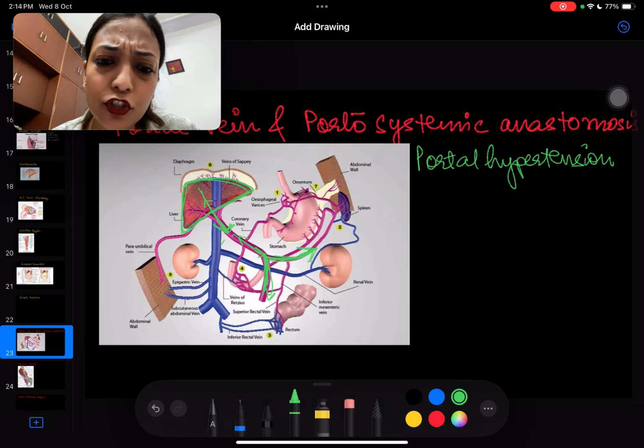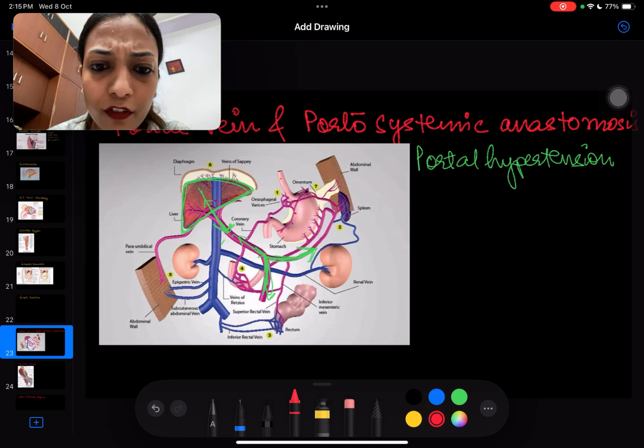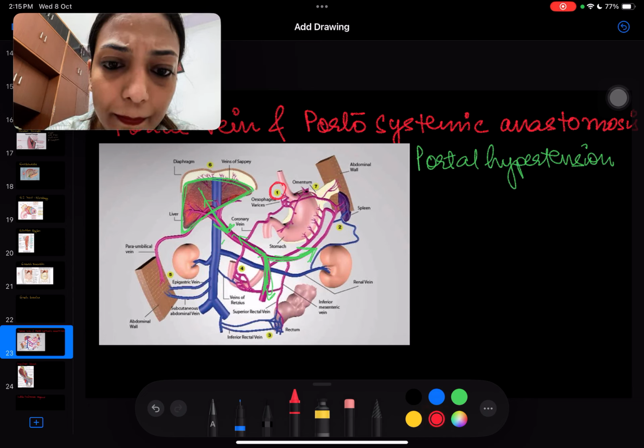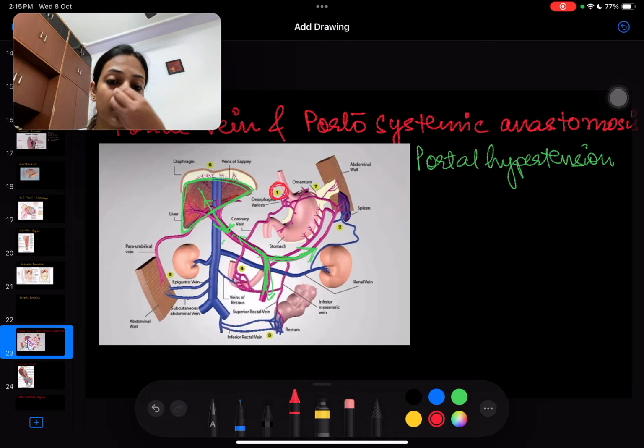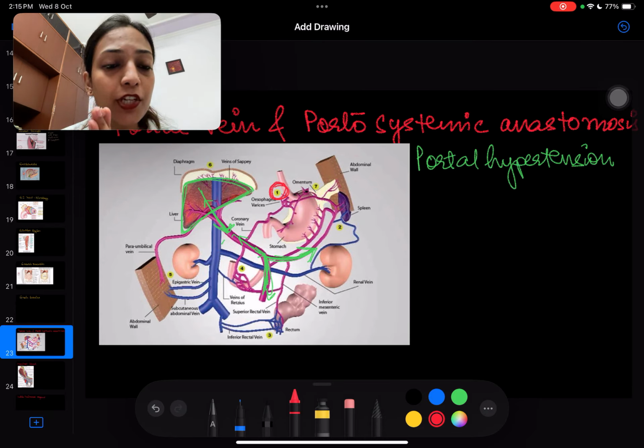How many sites of portosystemic anastomosis do we have? We have 7 sites. You can see in the photo below. Where is one? One is here. Is it visible? So this is the esophageal varices, right? At the esophagus, the lower esophageal junction, you might know that most of the CLD patients come with